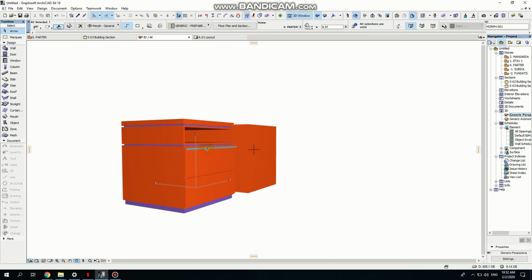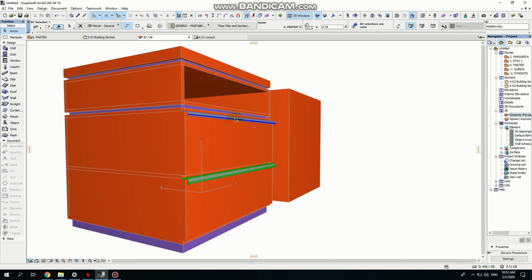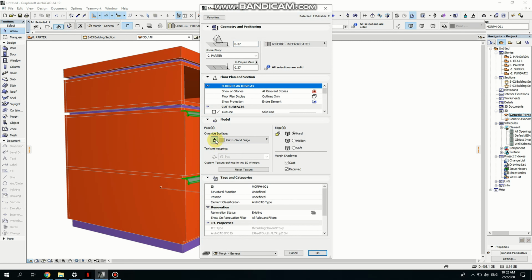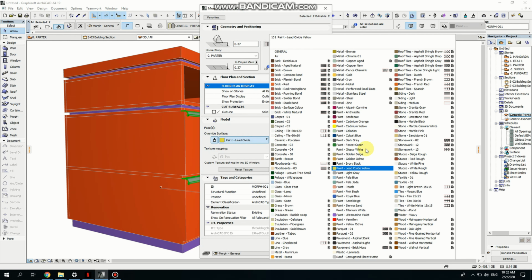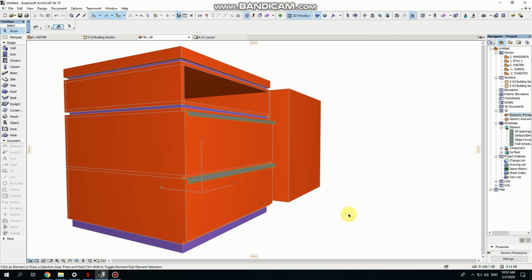And because I like this design, I'm going to drag this handle to my second drawer. And I just want to change the material of it to a metal. So I'm going here and select an override surface. And I can select a metal, chrome. Yeah. And now,